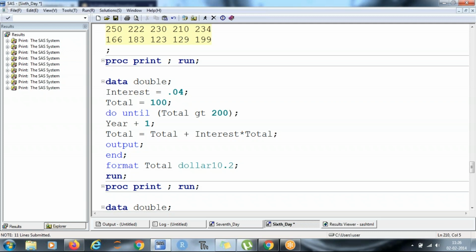So the logic is very simple. So do until